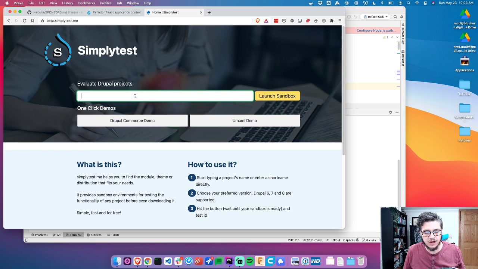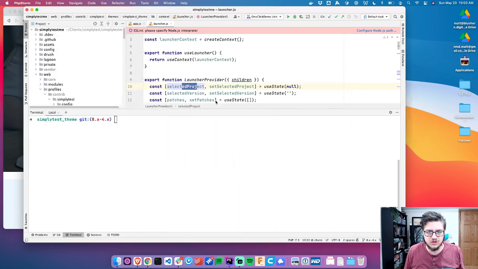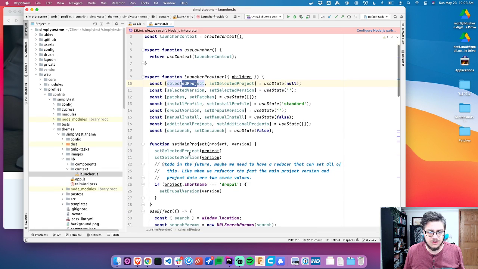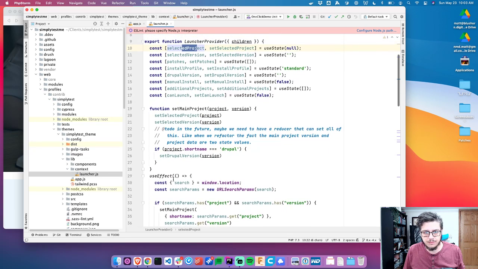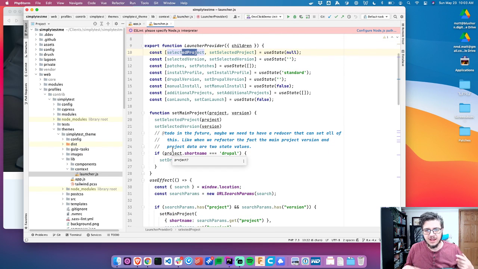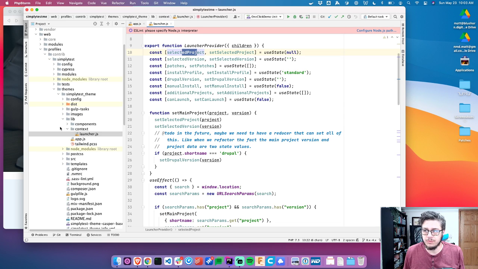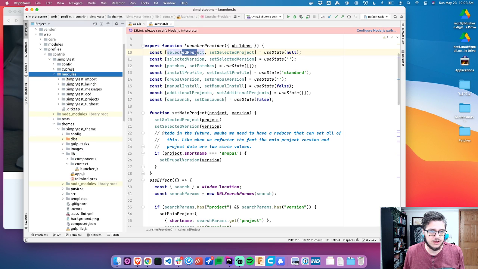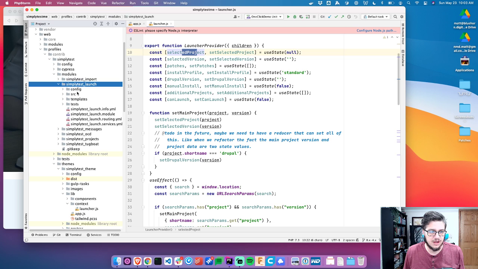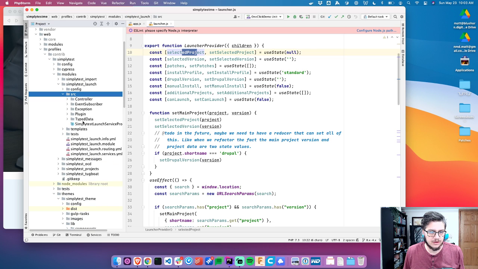Before, the project was just a string, and then the version was separate. So if I type in password policy, you see we have a version. But then it turned into setting the main project and then setting any sub projects. And it's kind of a mess. It works, but it needs a good refactoring because we eventually got a data model set up